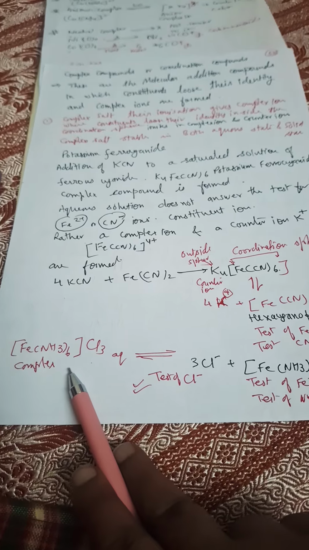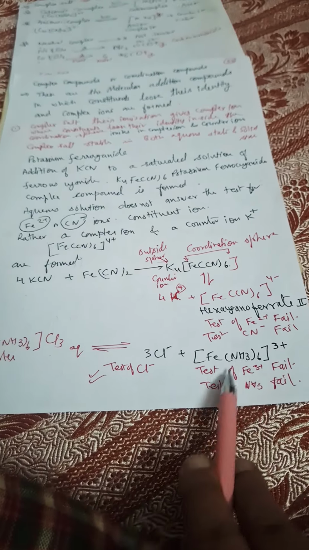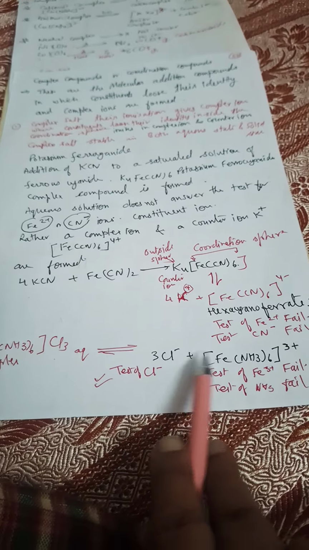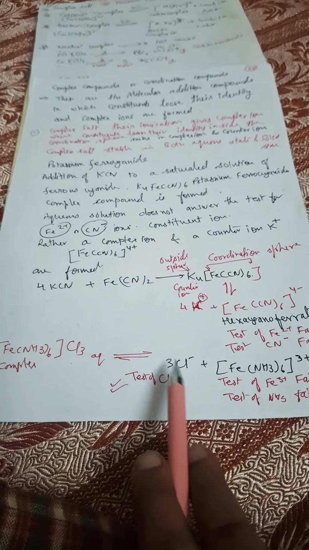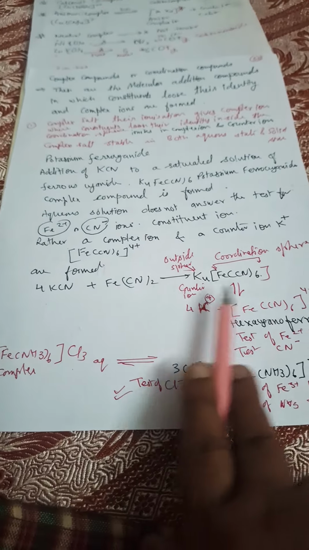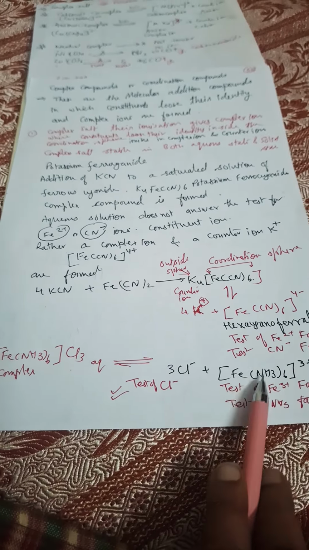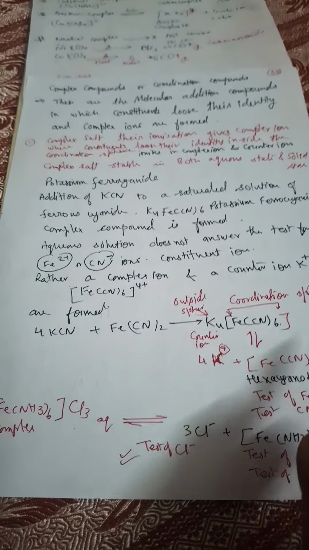For example, FeNH36Cl3. So Fe(NH3)6 whole, 3 positive will be there and thrice Cl negative. So iron will not give test, ammonia will not give test, but Cl will give a positive test. Okay, so complex means it is partially dissociated into complex ion and counter ion. Complete dissociation will not take place as it does in double salts. The complex